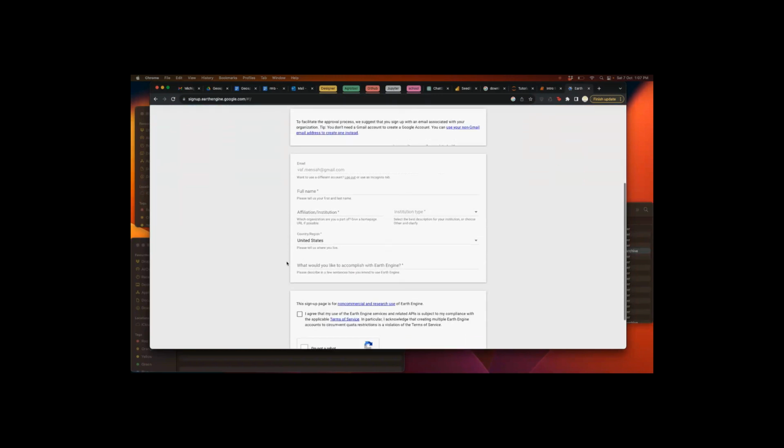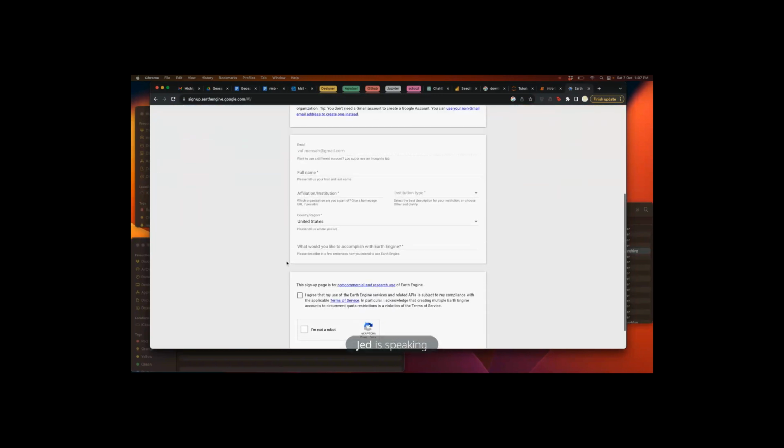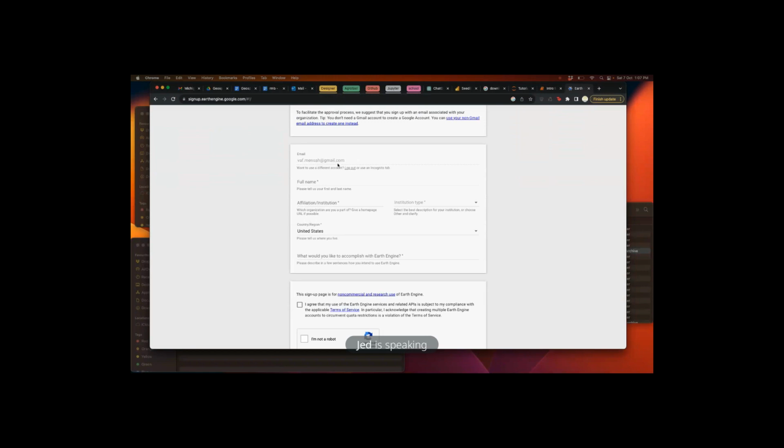All right. So this is the form that you are supposed to fill. Your email has already been picked up. You put in your full name. You put in the affiliation or institution. So the institution should be a university. And then you select the type of institution. It should be education or academia. I think if it's non-profit also, they might consider, but usually you choose academia, you have a higher chance. So it should be a university, academia, name,